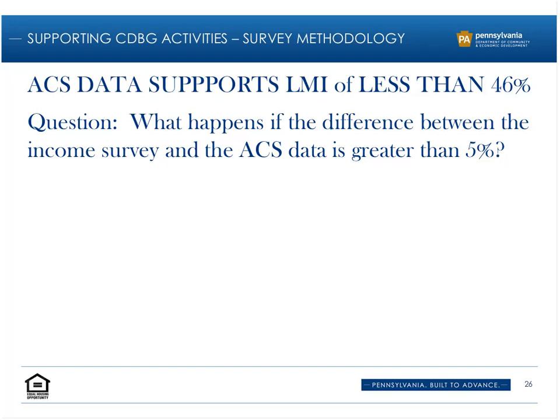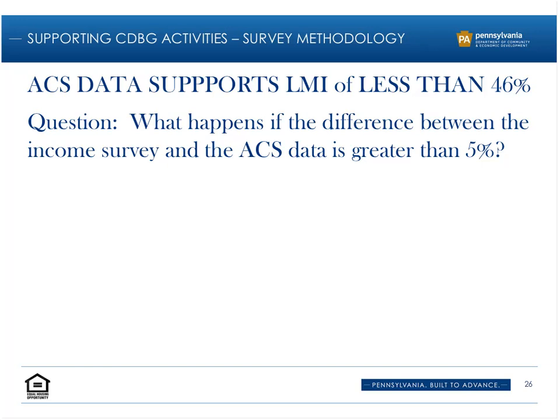And so what DCED has decided is that if any municipality, as long as you're within a bounded area, has census tract or block group data that supports a low mod population of less than 46%, and that's the given ACS data, then you as the grantee will be required to provide to DCED